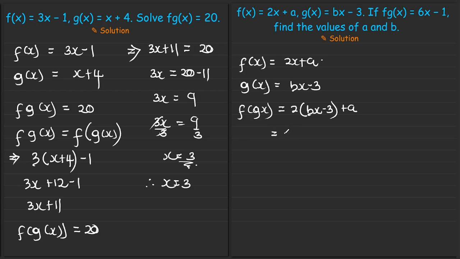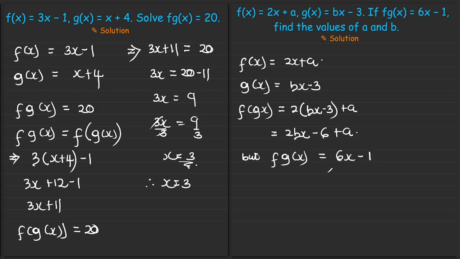Simplifying this, we have 2bx then minus 6, that is 2 times negative 3, plus a. There is nothing else to simplify here, but we know that f of g of x is equal to 6x